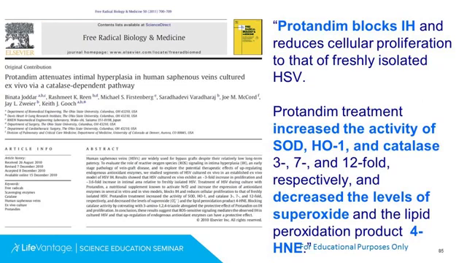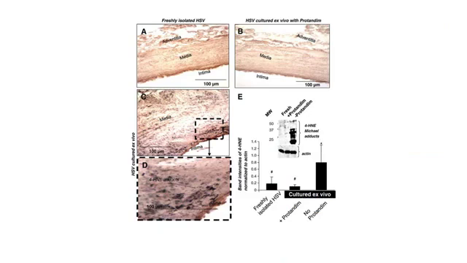Another study that for me as a cardiologist really got my attention was this one that talked about how Protandim can prevent this intimal hyperplasia that leads to buildup of blockage inside vein grafts when they're used for coronary artery bypass graft surgery. So if we look at these pathological slides, this box A is what a new, freshly removed vein looks like. So this is the inside of the vein, this is the outside of the vein. So the intima is the inner lining, the media is the middle layer, the adventitia is the outside.